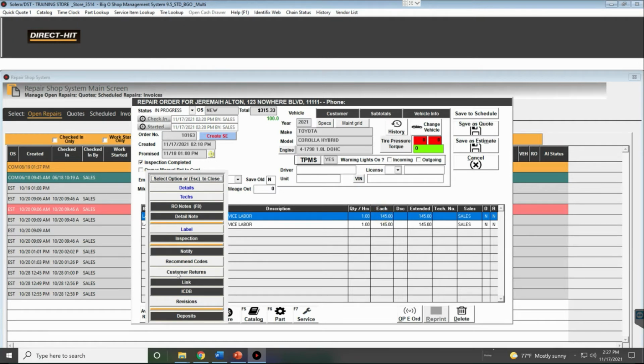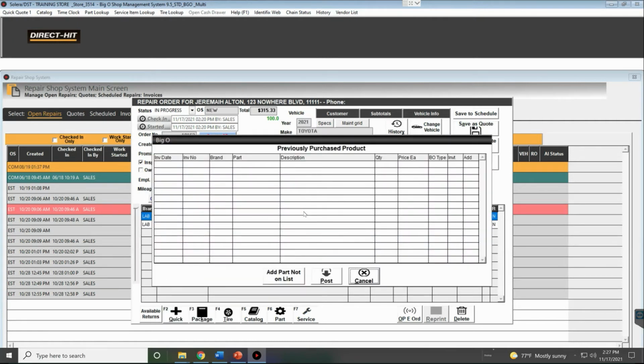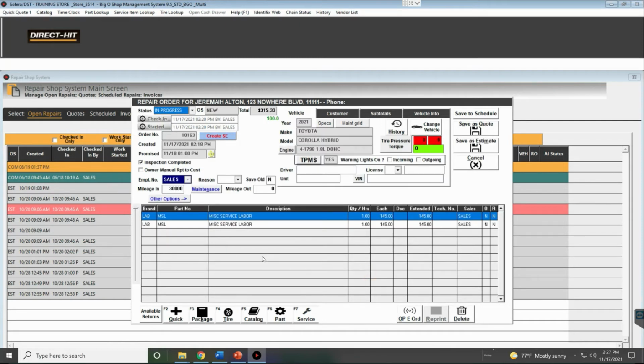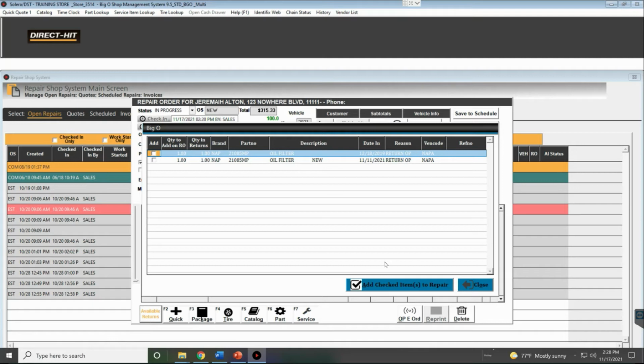Customer return screen. There's nothing in this system, so you'd have to click that button, and you're able to see what's eligible that's been previously purchased by this customer. You'll be able to add that to the ticket by just double clicking and then posting it, and it'll automatically put it on here: the brand, the part number, description, quantity, the retail price, which cost will be behind that as well, and the original salesperson who sold it. It will also populate automatically in that right hand side there. This is everything from the return